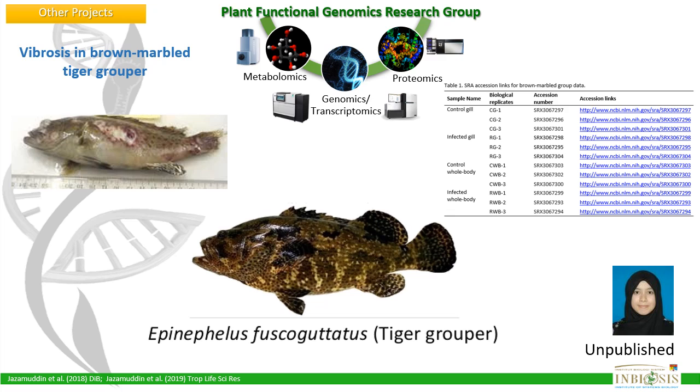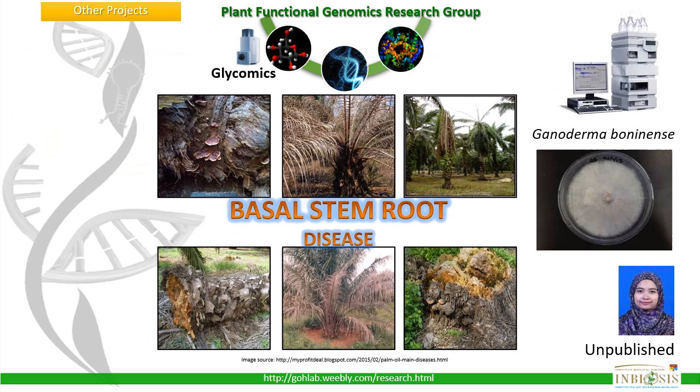We also work on aquaculture fish like the grouper. Tiger grouper is very popular, especially during Chinese New Year. The Chinese love it at the restaurant and it's highly valuable. The flesh of this fish is tasty. However, this fish is affected by fibrosis, so we are looking at the transcriptomic response of the fish towards Vibrio infections. Another disease that we look at is the basal stem rot disease in oil palm, affected by Ganoderma boninense,